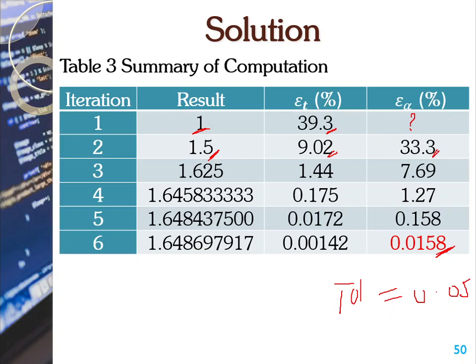Because this was still not less than 0.05, it means that we had to move on to the next iteration where we added the next term, making it 3 terms now. And once we do that, we had the result to be 0.625, of which we encountered an error of 1.44% based on the true value, and an approximated error of 7.69, which was still not less than our tolerance. So we move on adding term by term, but as soon as we got to the 6th iteration where we had